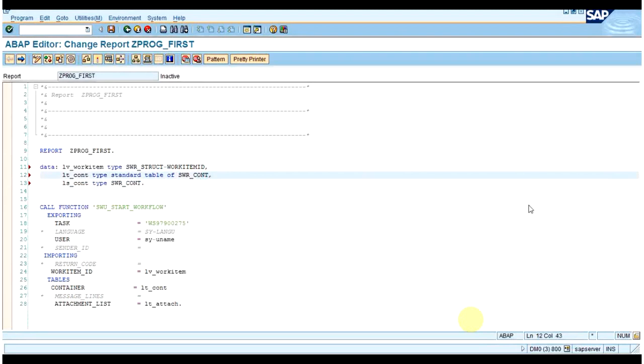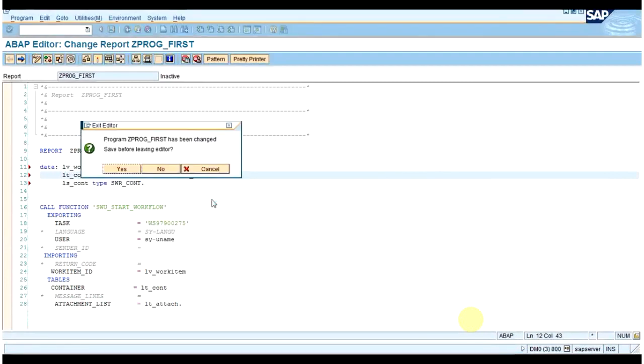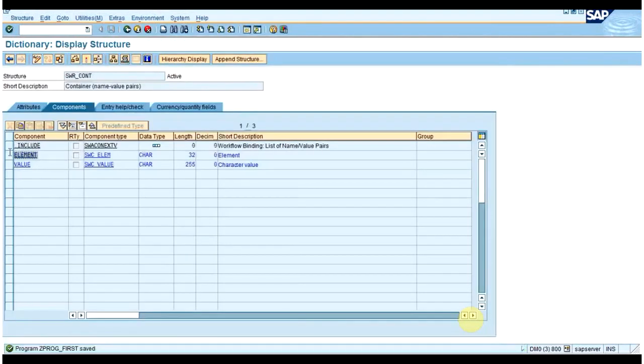If you transport this program, then it will give a dump. You should transport this workflow as well. If you are transporting the same workflow, then how will that task number be different? If you're transporting the same workflow, then that particular workflow will get executed.